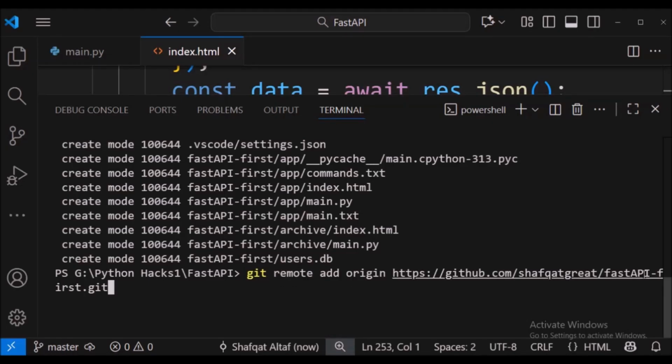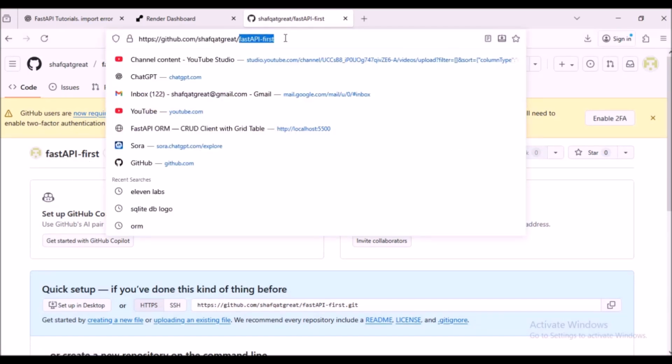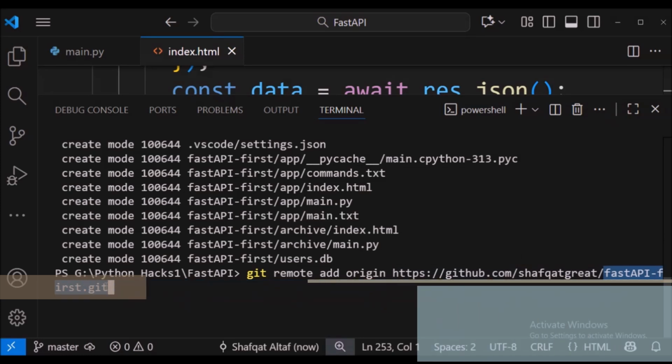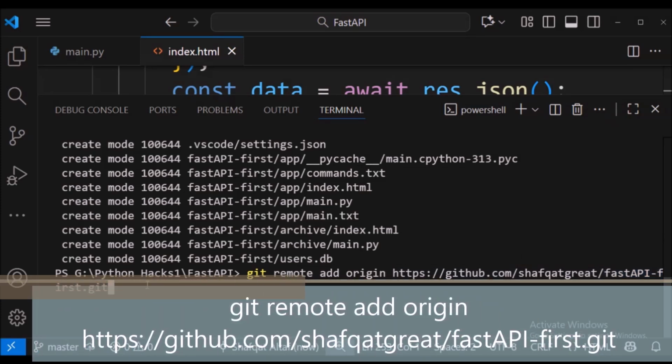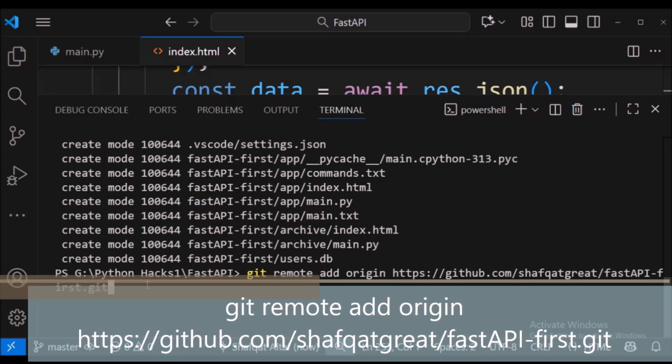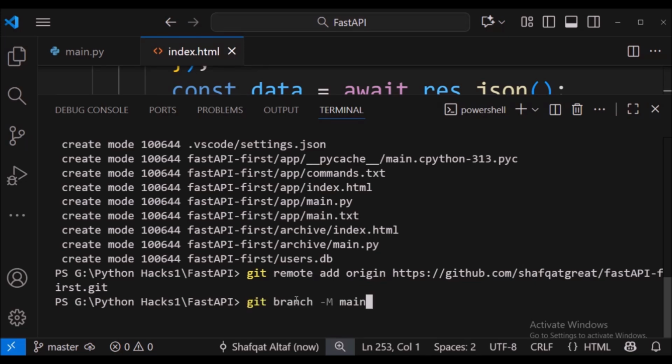Now go inside Visual Studio Code and link your local git with this repository by using the command git remote add origin and the link of your online repository. Now prepare the branch using git branch to push the code to GitHub.